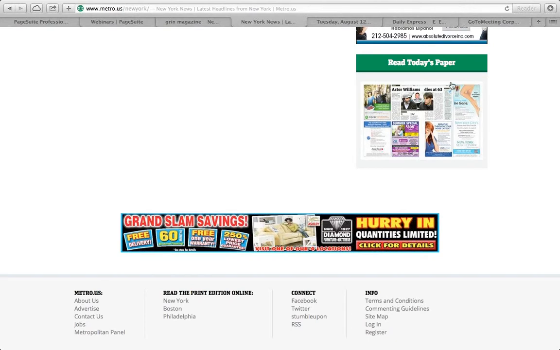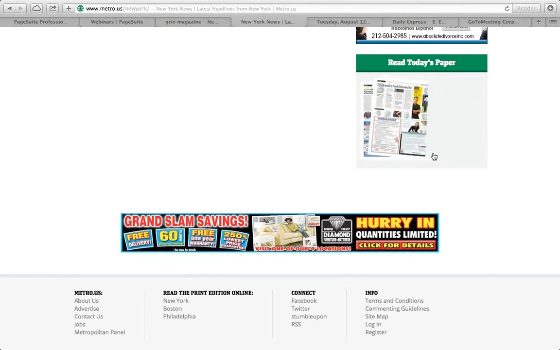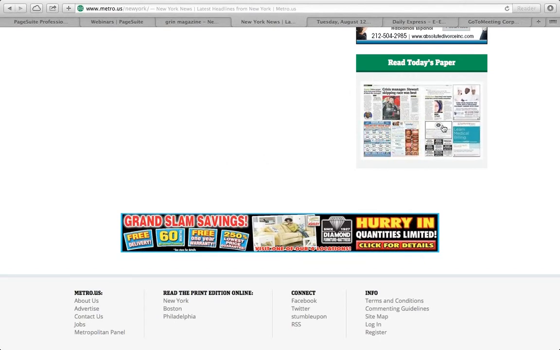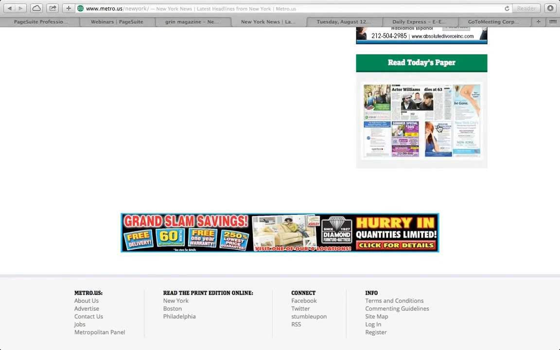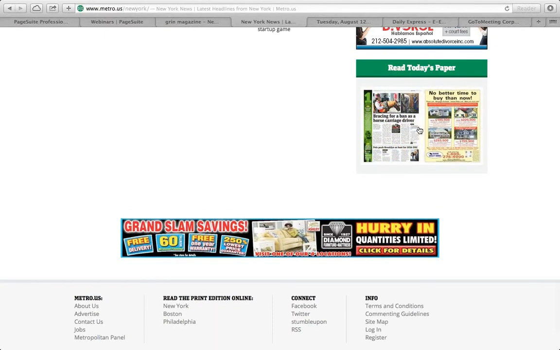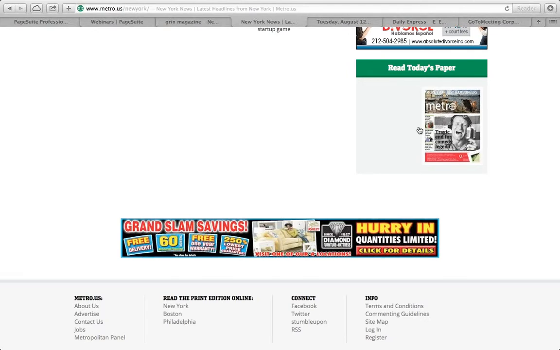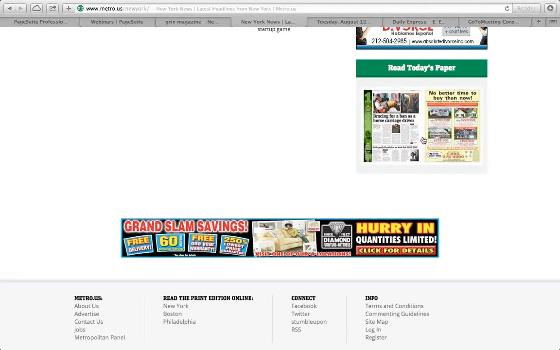And as you can see, it's just a little miniature version of the edition that's just flipping through on its own. Now you can change the colors, you can change the size, you can have a mini flip for specific editions rather than the publication as a whole. You can do really whatever you like. But here they've set it up as a read today's paper. It automatically populates because they've used the publication URL, so they don't have to go in and do this every day. It's automatically there. So if you click on this, you can see they've got URL masking set up.